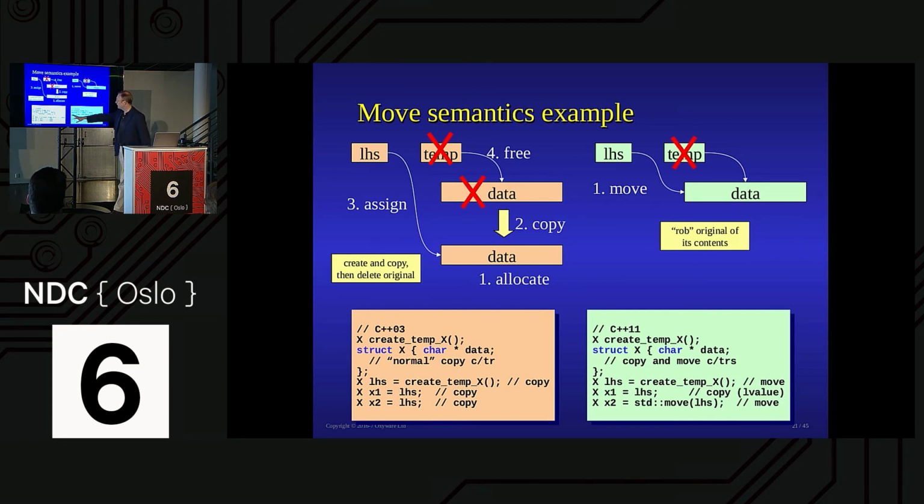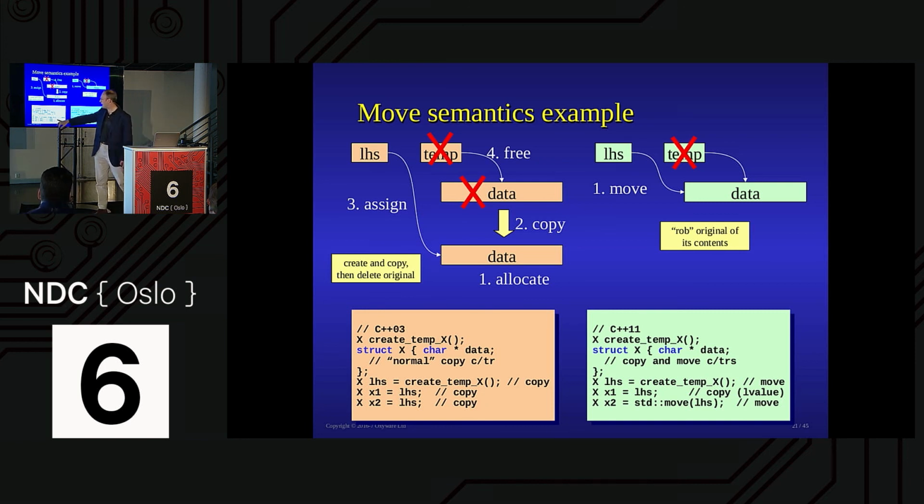Just for a basic introduction to this one. On the left here, what we'd have to do before, this is an X with a pointer to an allocated buffer. If I wanted to move this one, I couldn't. I have to make a copy, which means allocate, copy all the bytes across, move the pointer, and then delete the original. So you end up with an allocate and a copy and a deallocate. This is a real waste. Whereas in the move world, you say, take that one, just move the pointer. Yay, no allocations. You've just got essentially a couple of assignments to do it.